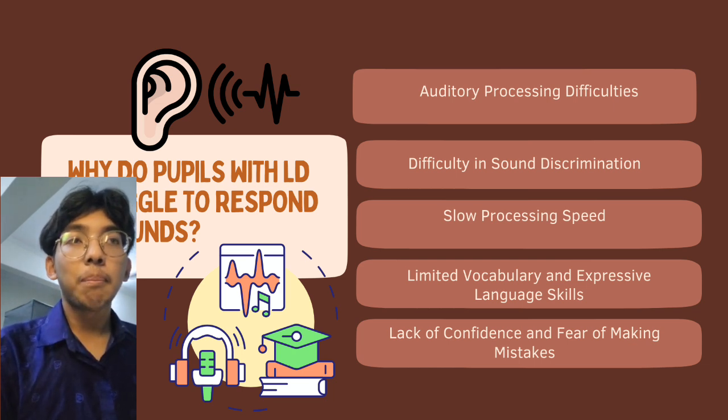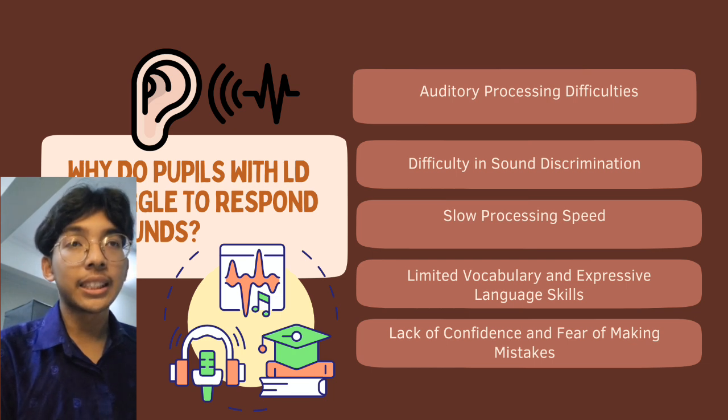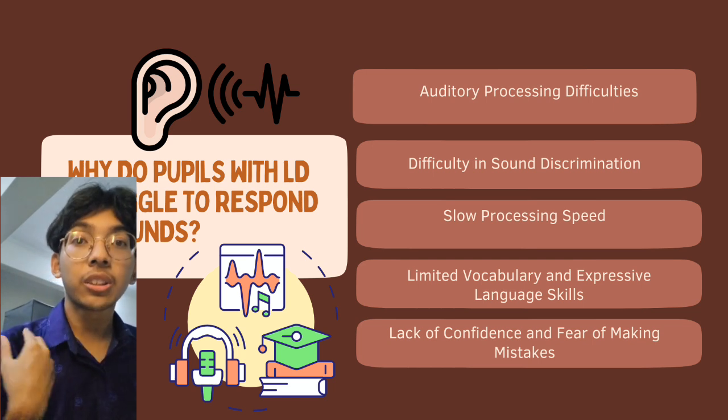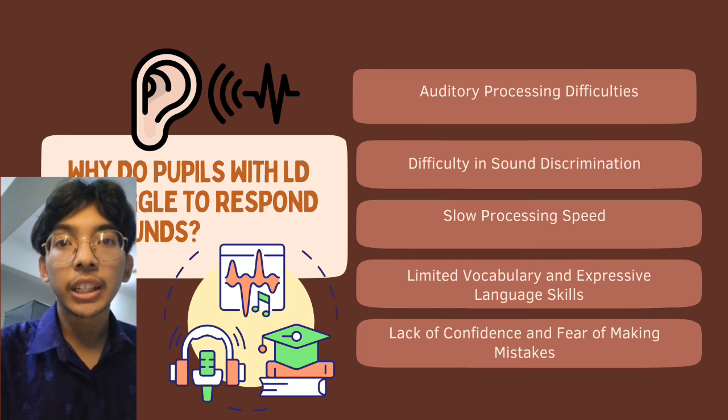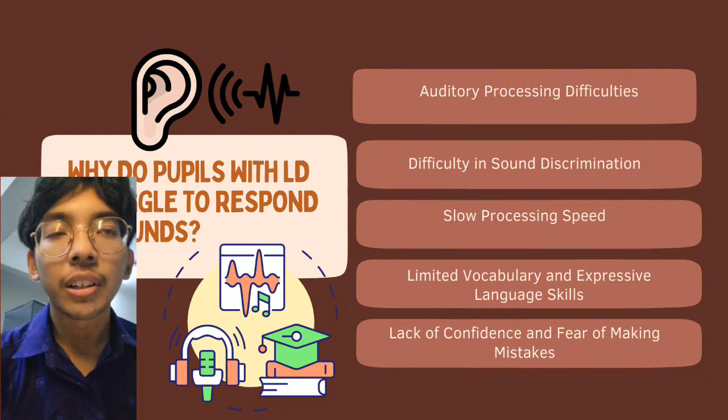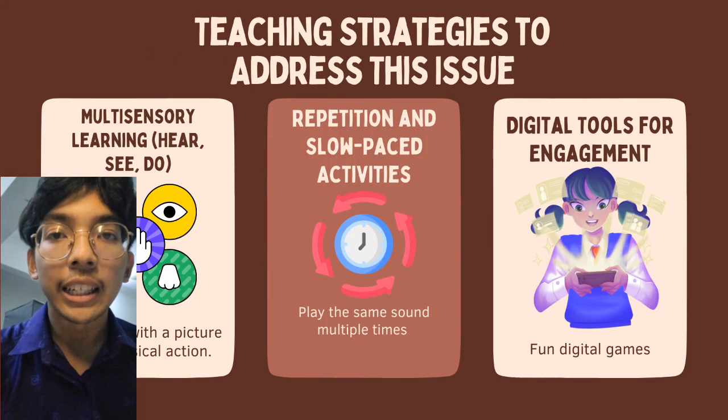The impacts of this problem on learning are that if they struggle with sound, it may affect their overall communication development, such as listening skills. They may not be able to follow spoken instructions, and for speaking skills, they may avoid participating in conversation or oral activities. Also, in social interaction, difficulty in recognizing and responding to sound can make it harder for them to interact with peers or teachers.